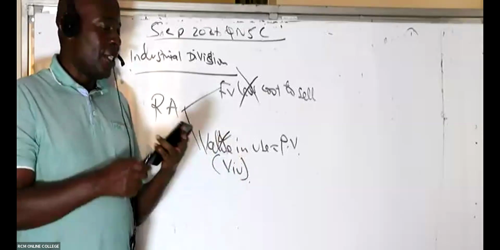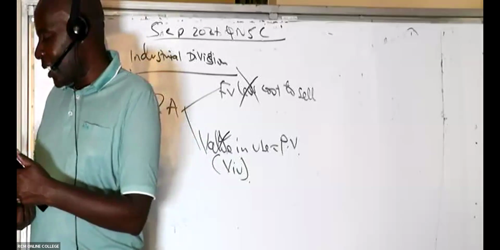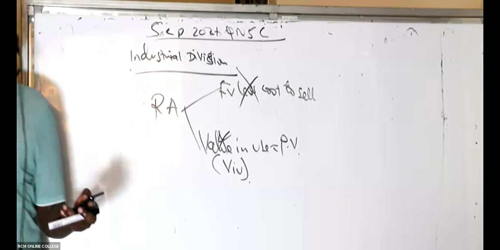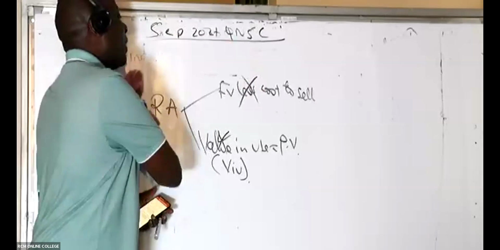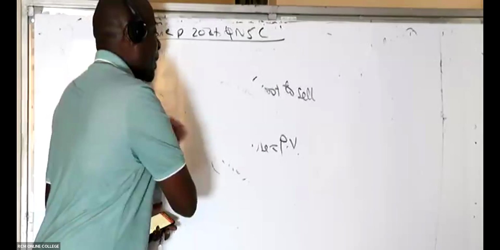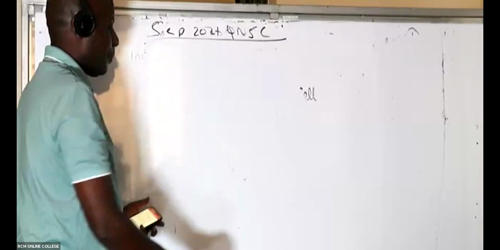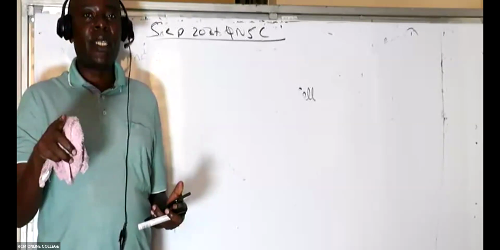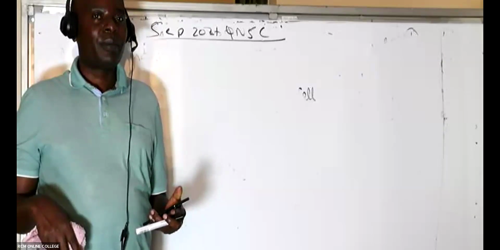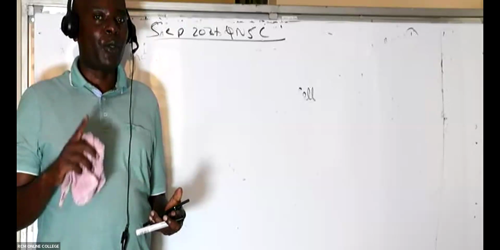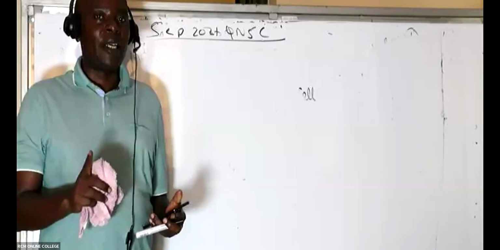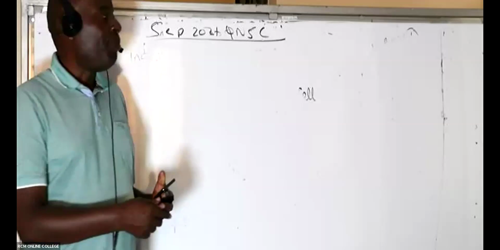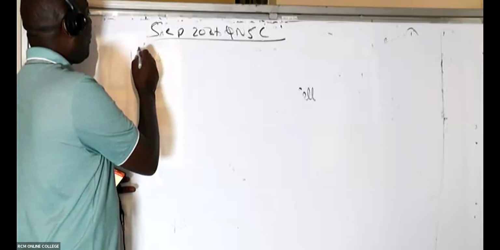So in this case my recoverable amount will be the value in use. Once I get that, I'll get all the marks without knowing what I'm doing, and I really love it when I'm getting all the marks in a question without knowing what I'm doing. Ladies and gentlemen, how do we normally get our cash flows? We normally take PAT and then add back depreciation. I'll show you this in the next class, from finance. But basically, it's PAT, profit after tax, plus depreciation. In this question no depreciation is given, so the PAT will be our cash flows.